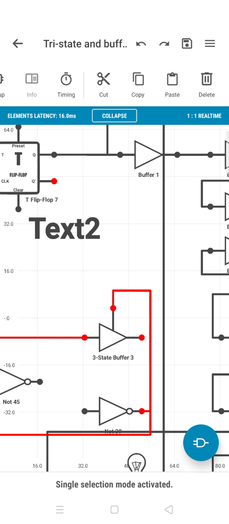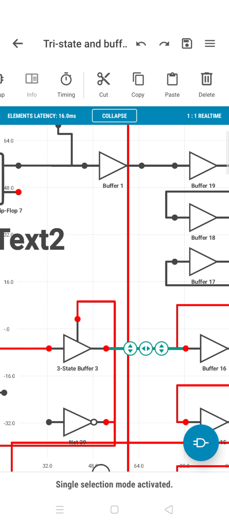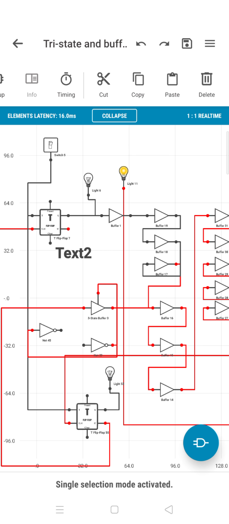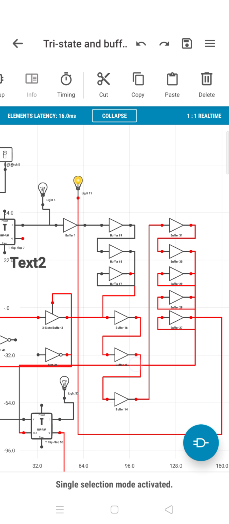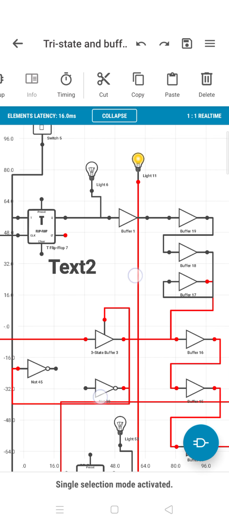Then you have a positive voltage on the other side, which you can connect to any other devices. It just goes through the buffer and comes out. So this is a tri-state device.